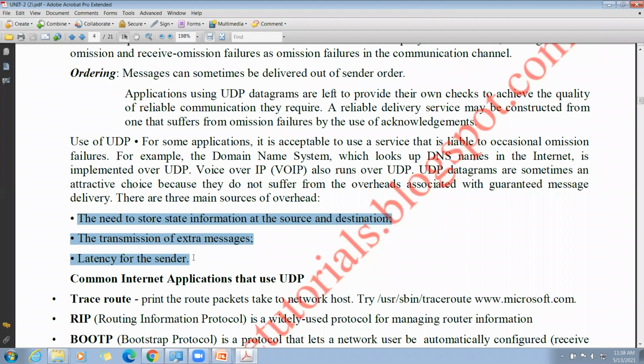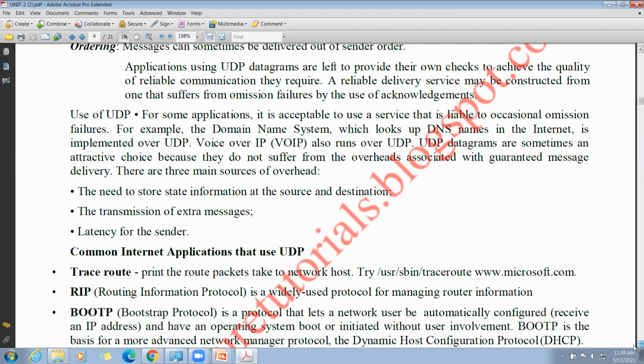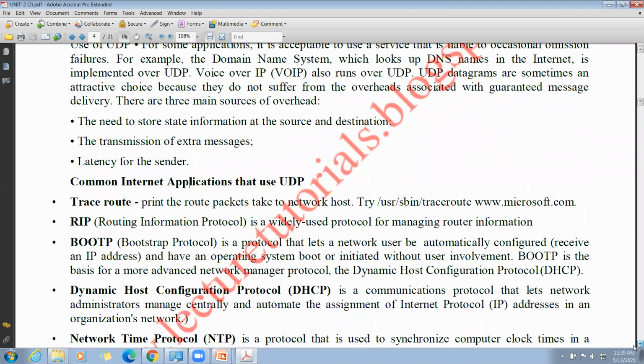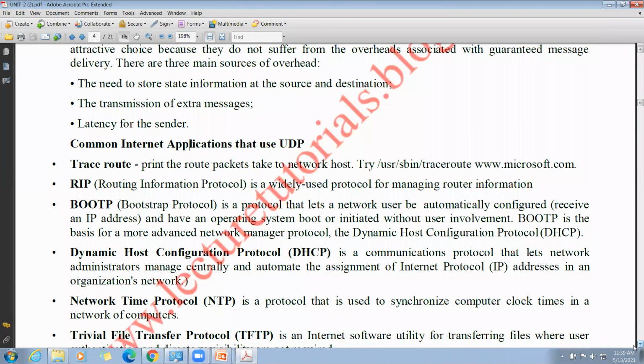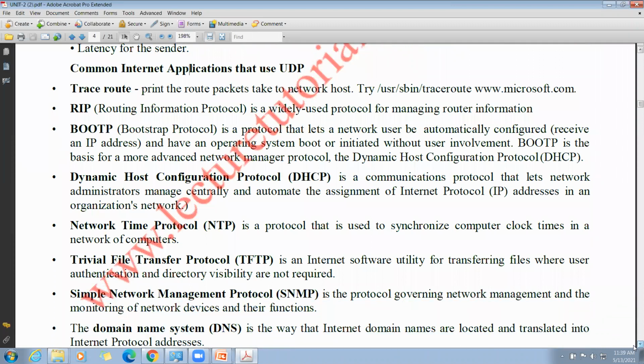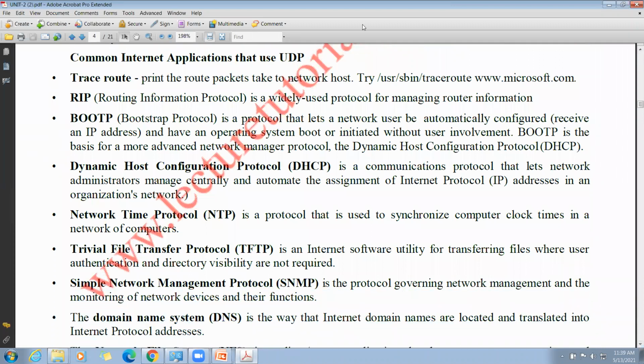And apart from that, the common internet applications that use UDP, the applications which we have seen so far, are first a DNS, second VoIP, and so on. Here are some common internet applications that use UDP. First one is Traceroute.